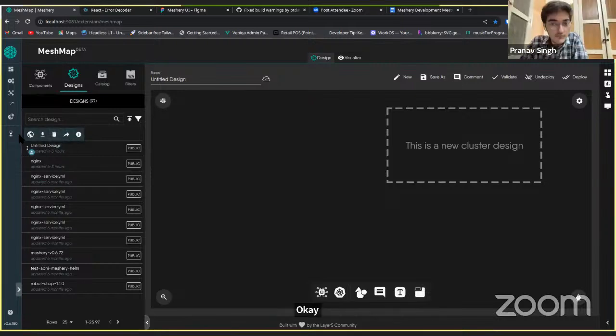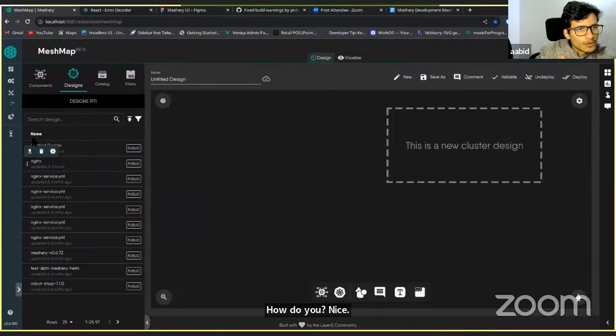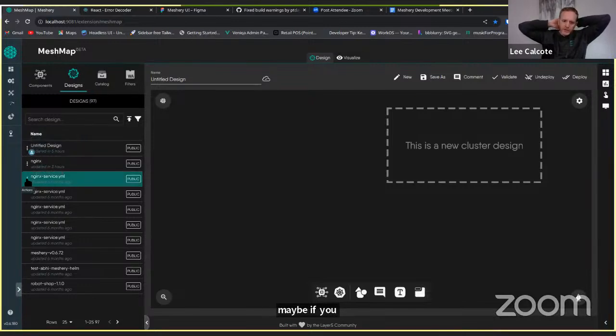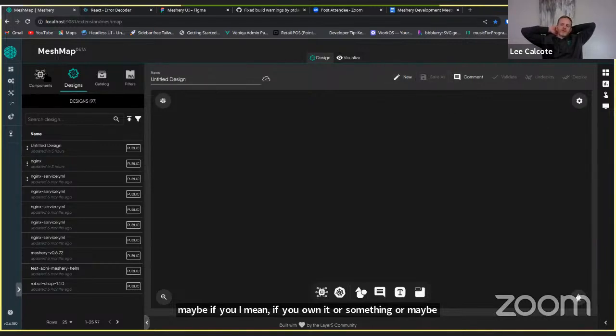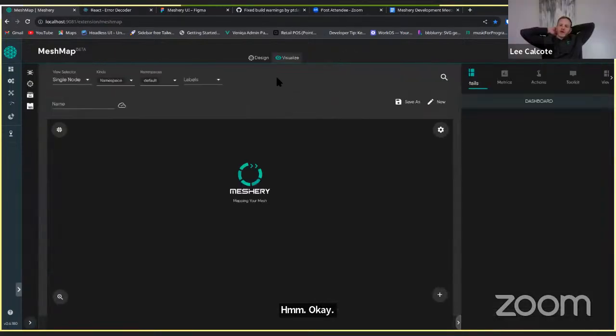Now we have to click on the publish icon here and go publish. Maybe if you own it. Actually, I'm not on the latest Meshery UI build.